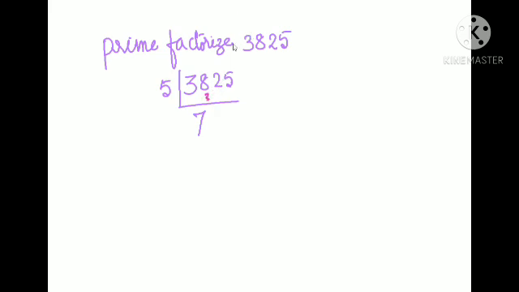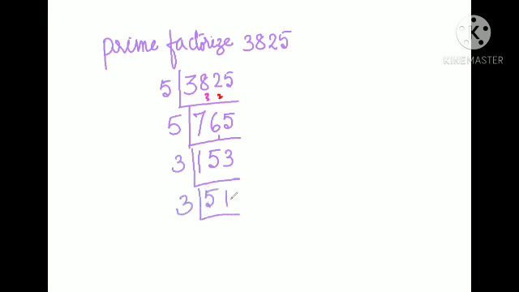Then take 5 6 ja 30 and 2 will be the remainder, 2 5 25. Then 5 5 ja 25. Now it is also divisible by 5. So 5 1 are 5, 26, 5 5 is 25, 1 5 3 is 15. Now it is divisible by 3. 3 5 is 15, 3 1 is 3. Now it is divisible by 3.